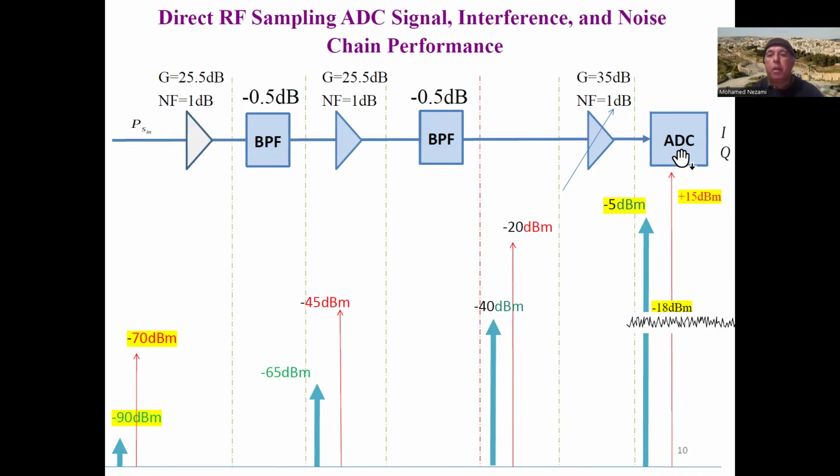And we're going to have more issues to do with the ADC in terms of spurs and harmonics, second harmonic and third harmonic of the signal, plus the interleaver spurs and the sampling frequency spurs, and that's going to complicate this scenario even more. For right now, we're not looking at that. We're saying the ADC doesn't have any of these impairments, but in the next sessions we're going to start to include that